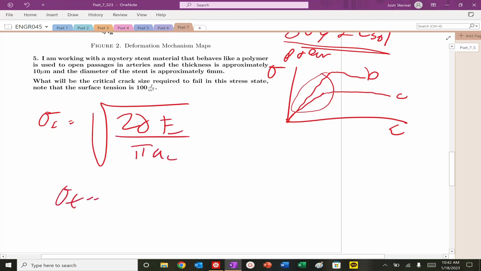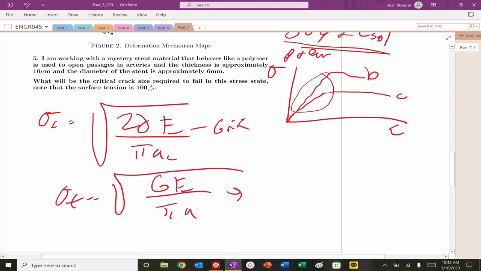We also have stress at failure equals square root of G E over pi A. So this is our Griffith, this is our Orowan, and then we also have stress at failure equals